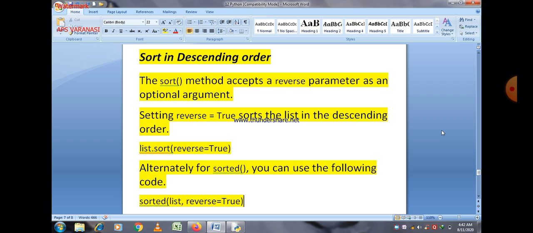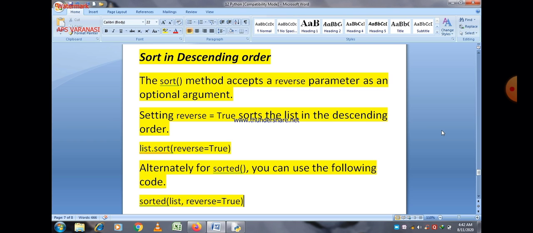You can also write reverse is equal to false to find a list in ascending order, but since ascending is the default value, you don't need to mention it.